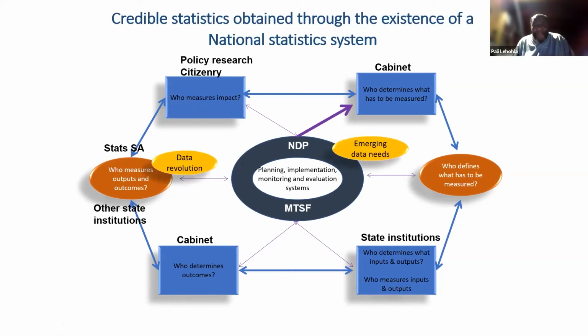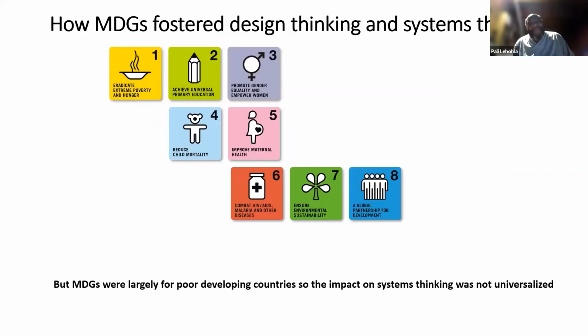Now, of course, in the process, there are emerging data needs, and then the concept of data revolution. Now, what actually were the prime movers of what you are talking to, James? Basically, the MDGs fostered design thinking and systems thinking. But MDGs were largely for poor developing countries, so the impact of systems thinking was not universalized. And this comes clearly in your results, that